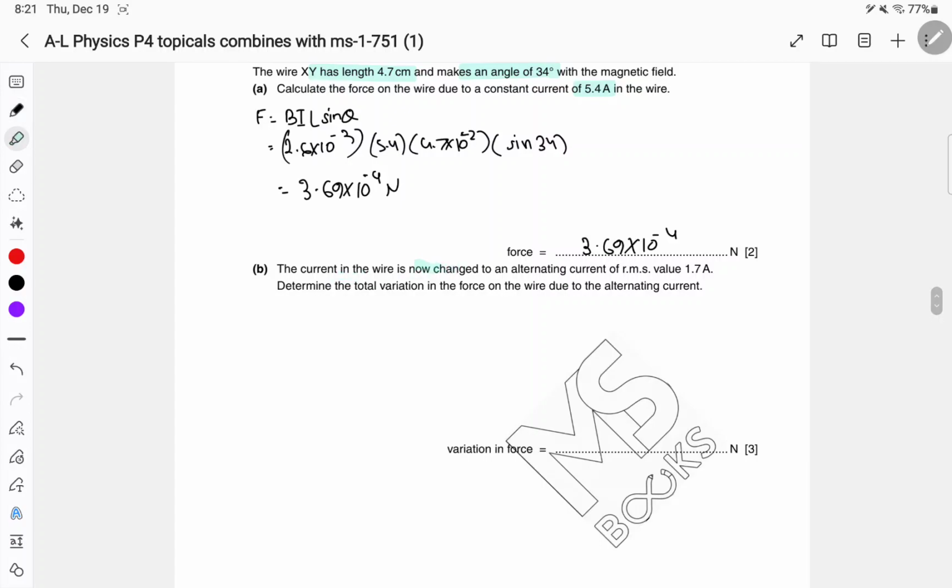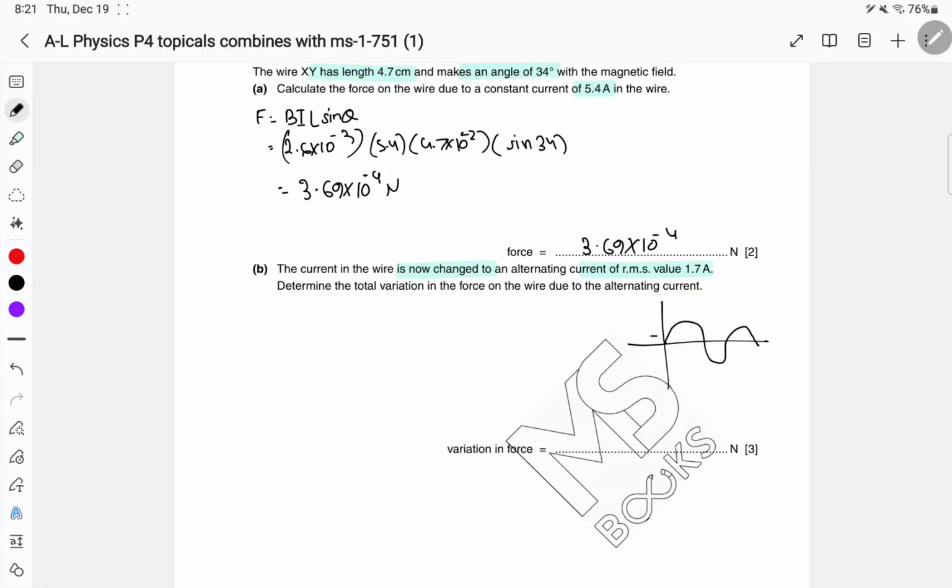The current in the wire is now changed to an alternating current of root mean squared value 1.7 amps. Determine the total variation in the force on the wire due to the alternating current. If this is the root mean squared value, then this is an alternating current,